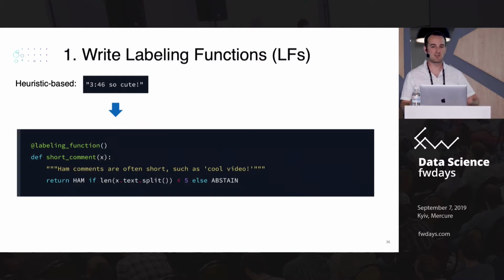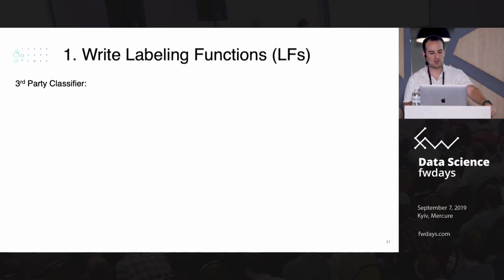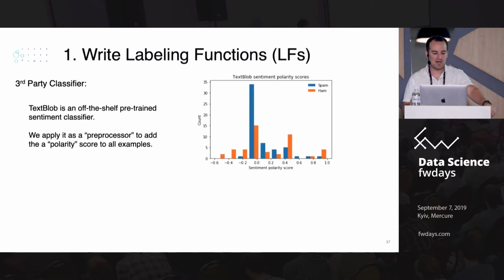And as you might expect, this isn't perfect, but it ends up being one more source of signal that we can take advantage of. And I'll show you one more type of labeling function that we wrote. I did a Google search for a sentiment classifier and found one in a library called TextBlob. So TextBlob is a pre-trained model, or it includes a number of things, but one of these is a sentiment